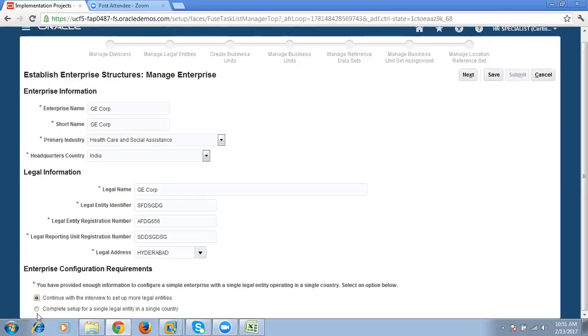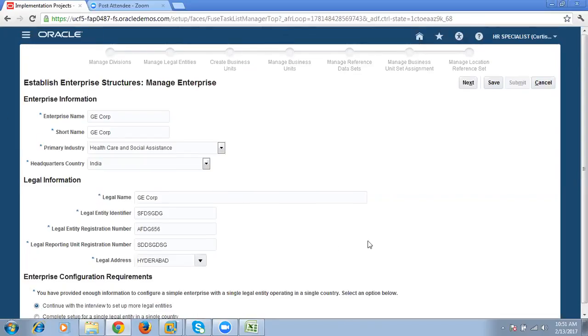Okay. Complete the setup for a single legal entity in a single country. If you choose this one, there is no question of the interview model. When you are looking for multiple legal entities setup, then you have to choose the other. But in real time, most clients will definitely have multiple legal entities. A single legal entity is a very rare case. Okay. Small clients can have it. Okay. Fine. So once we enter the enterprise information,